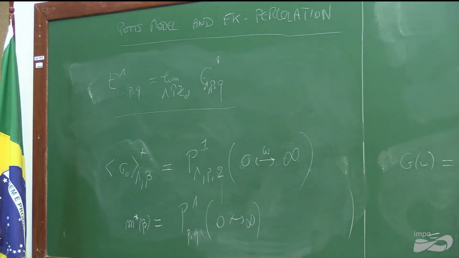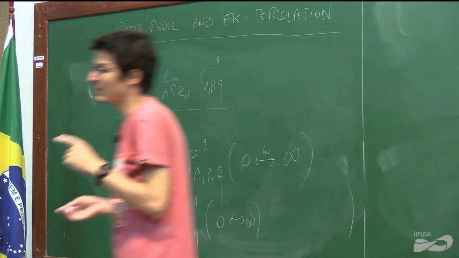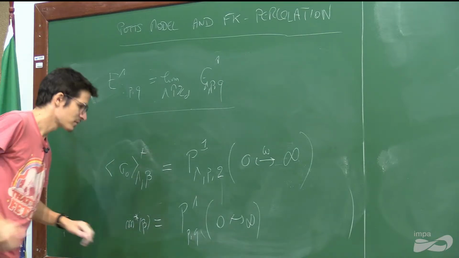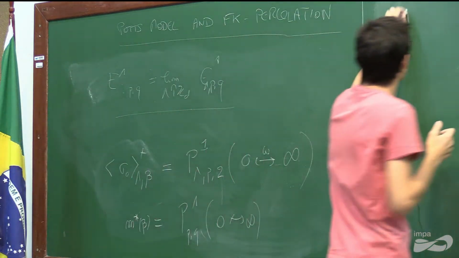Well, somehow you have something similar for the Potts model, okay? But the difference is that for the Potts model, you don't really have that this implies uniqueness directly, okay? Because when to show that, okay, so for the Potts model,